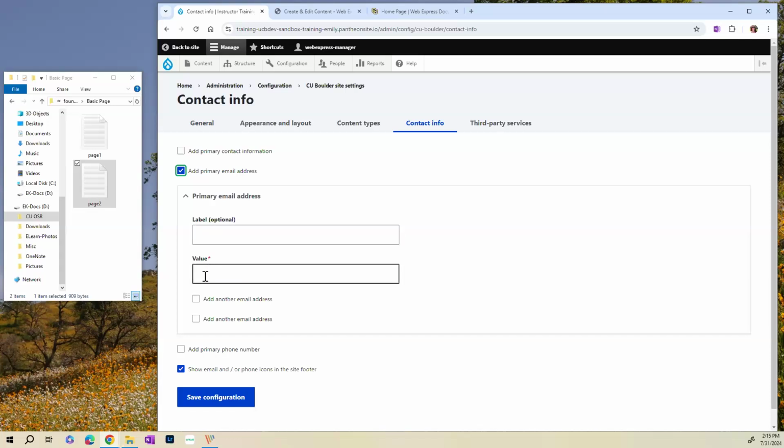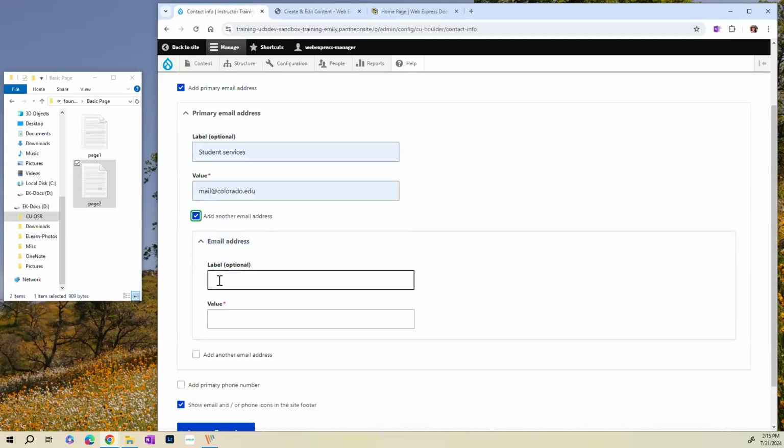I'm going to add just a generic email address, but that could be student services email this, and then other inquiries email this. So you can add several emails if you want to,